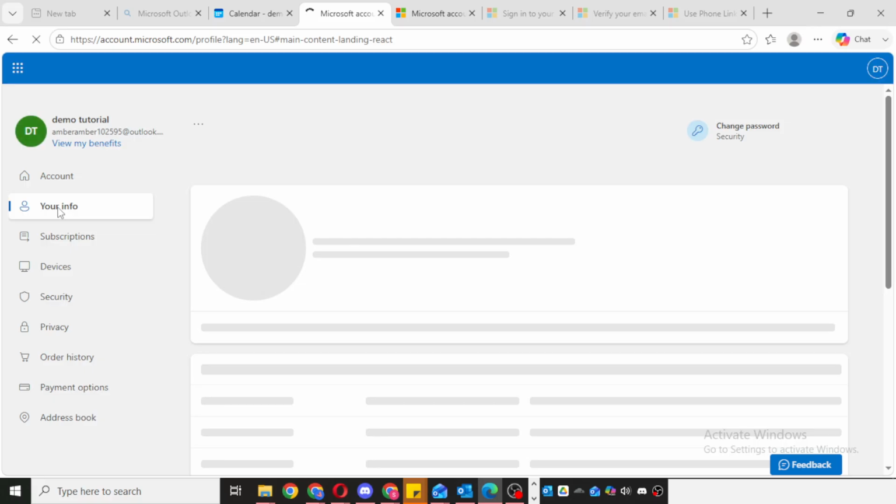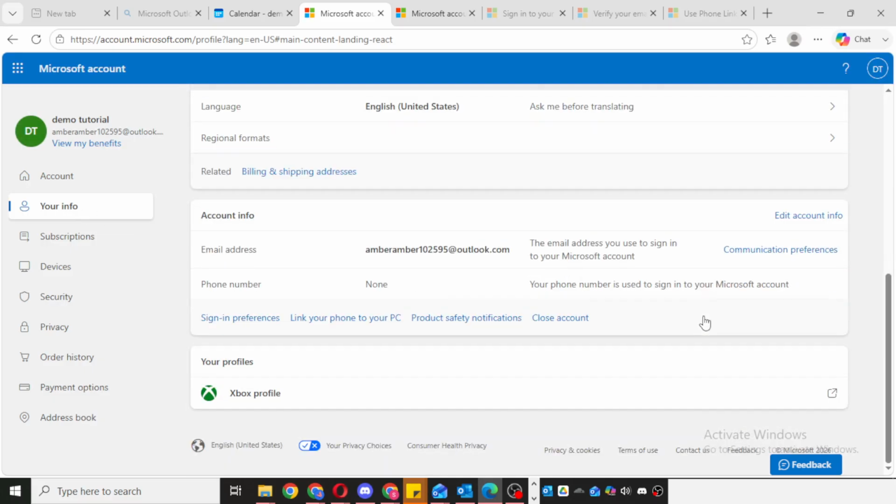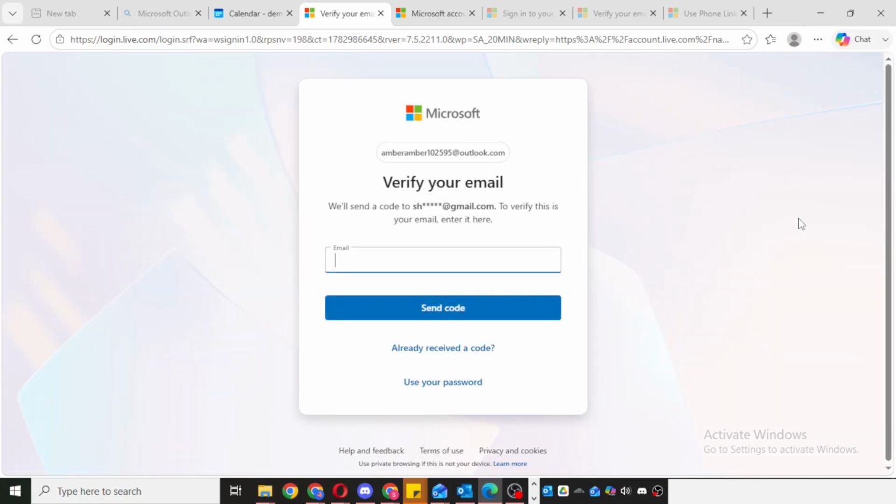At this point, Microsoft may ask you to verify your identity before allowing any changes. This is a normal security step designed to protect your account, so don't worry if you're asked to confirm access. You'll likely need to verify your email address first. Simply follow the prompts shown on your screen. In most cases, that means checking your email for a verification code or approval message, then entering that information where requested. Take your time here and make sure you complete the verification exactly as instructed so you can continue without issues.